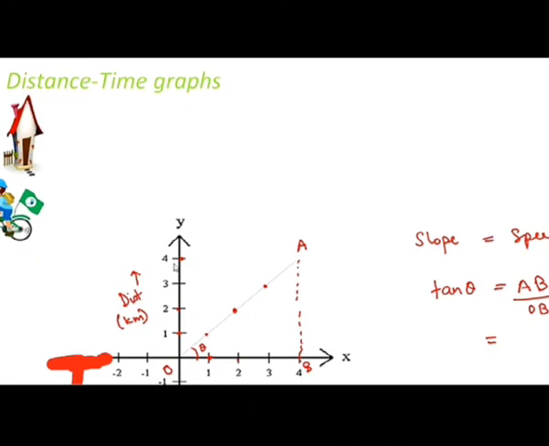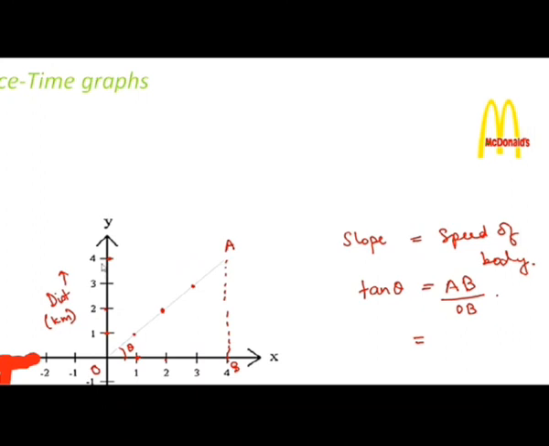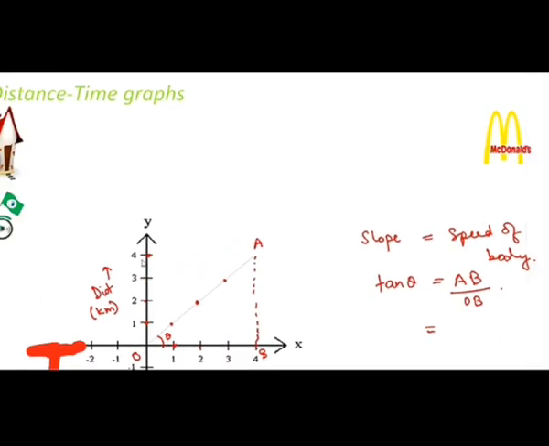So this graph tells us how much distance is covered with respect to time. So the slope of this line gives us the speed of an object. Now how